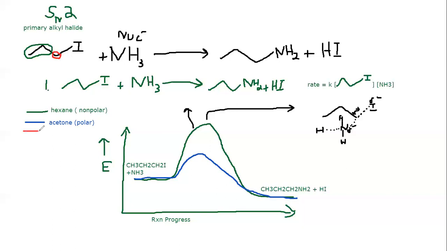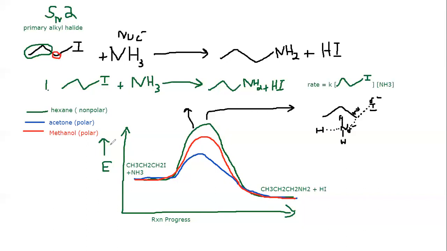So here we have a red curve, and instead of acetone, let's say that we're going to use an alcohol like methanol. Methanol is also a polar solvent. Now, when I draw this energy diagram with methanol, we notice it's still lower than the nonpolar solvent hexane, but it's higher when we use methanol versus when we